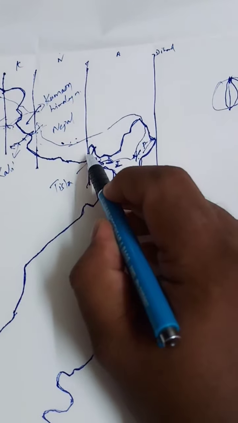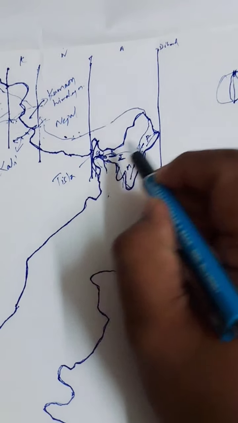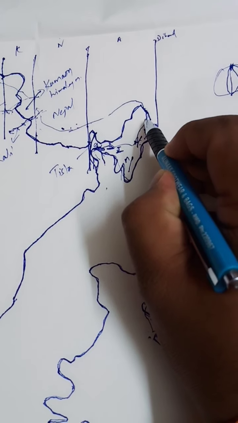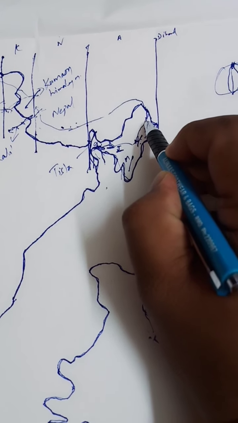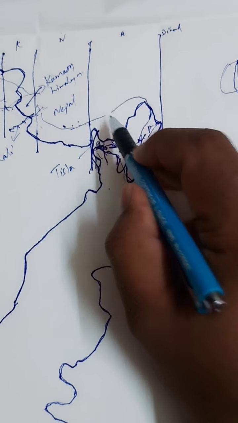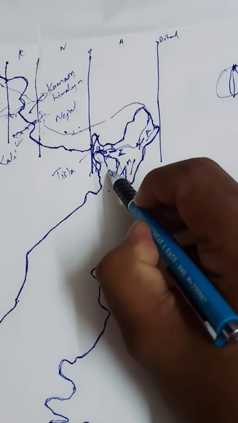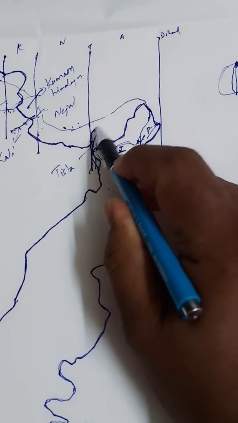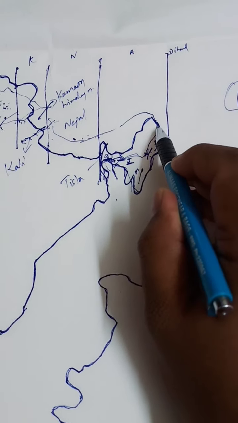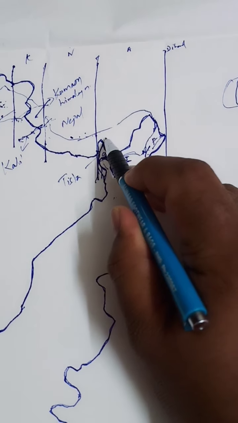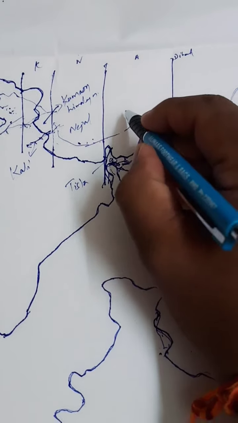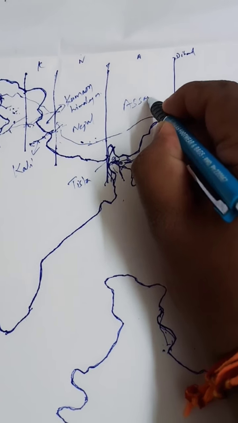And further moving towards the east, from Tista River to Dihang River. Dihang is actually the Brahmaputra River which enters India. In Arunachal Pradesh, it is called Dihang or Brahmaputra River. In Tibet, it is called Tsangpo. In Bangladesh, when it is entering, it is called Jamuna. So this river has different names locally in different countries. So Dihang, when it is entering India. So this region which lies between Tista River and Dihang River is called Assam Himalayas.